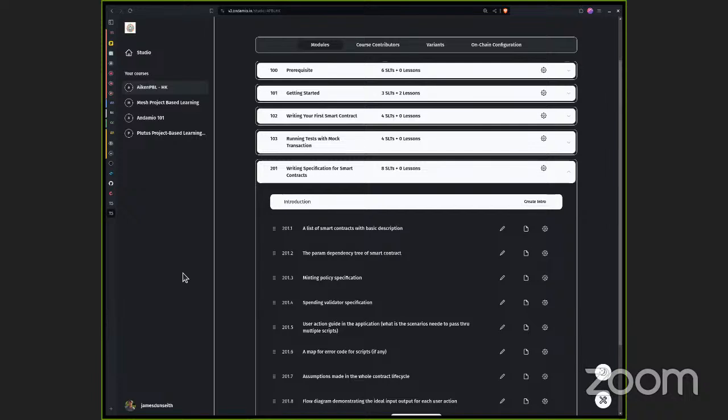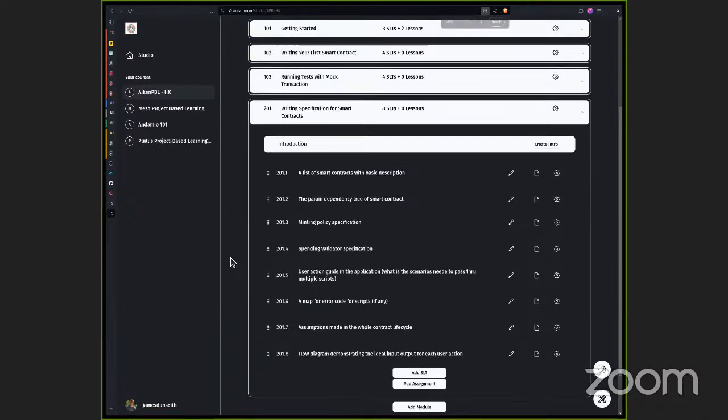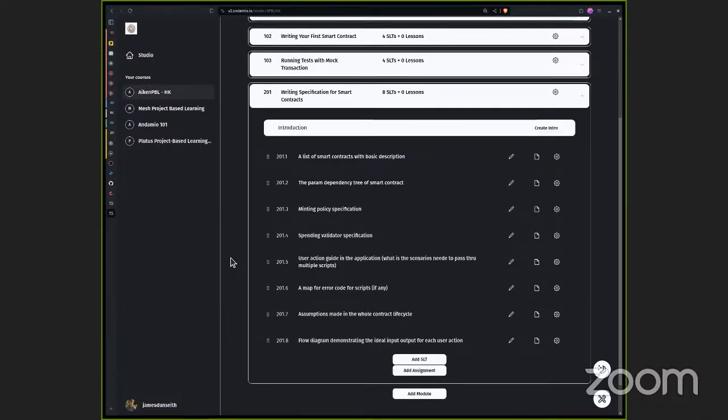That's why I very quickly came to this idea: for multiple instances where I'm writing smart contracts seriously, for example CNS, for example the collaboration with Cardano Spot, on different occasions I do need the specification.